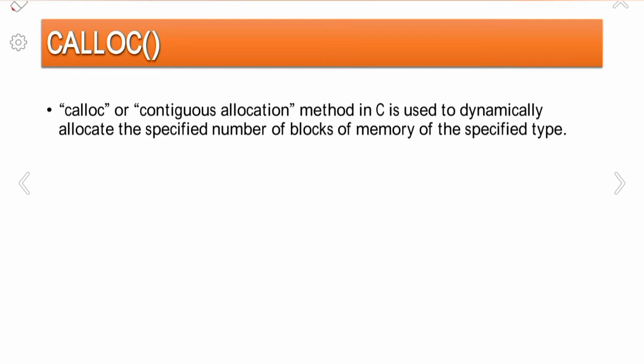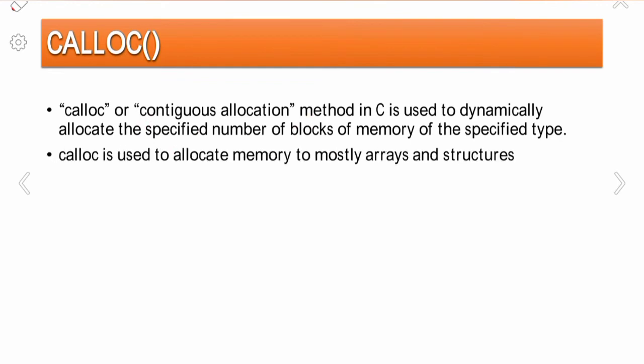So here we are going to create multiple blocks of memory using the calloc function, the contiguous allocation function. calloc is used to allocate memory mostly for derived types like arrays and structures,